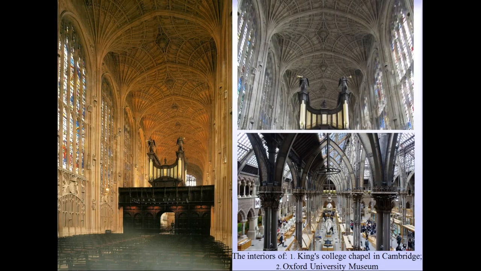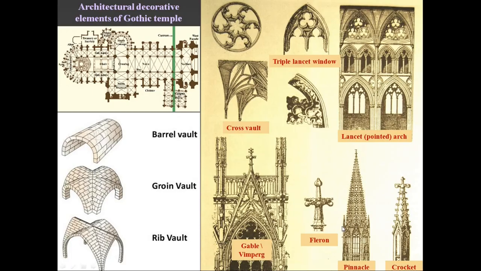Here are the interiors of King's College Chapel in Cambridge. We should pay our attention to the wonderful decoration of the vaulting system. These are fan vaults, where we see that the emphasis is made on the fan tracery structure itself. And here's a photo of the interior of Oxford University Museum. Also, we can see typical elements of Gothic architecture. And now let's